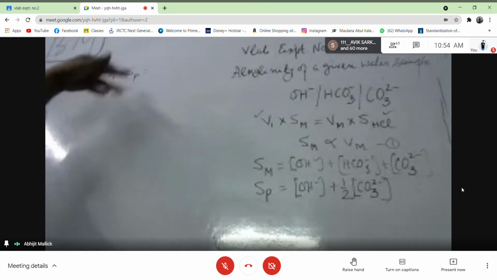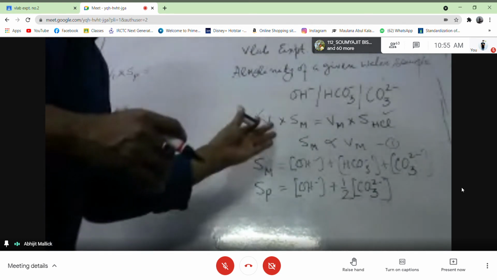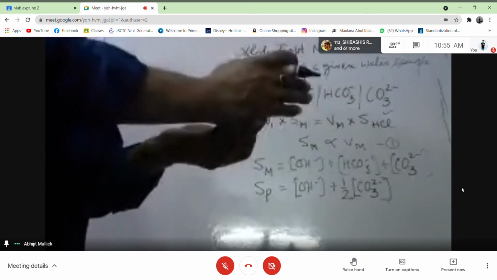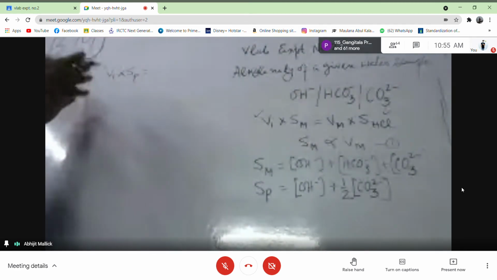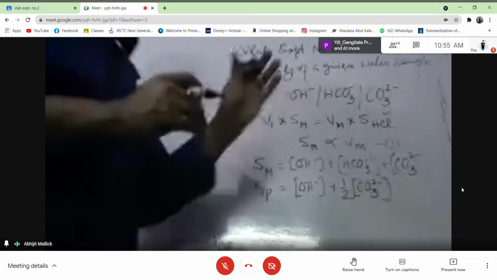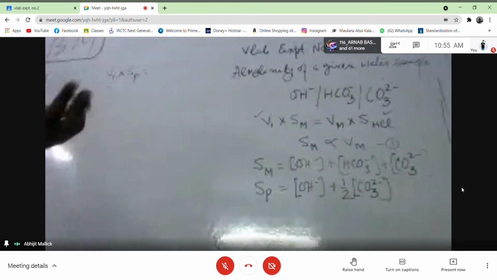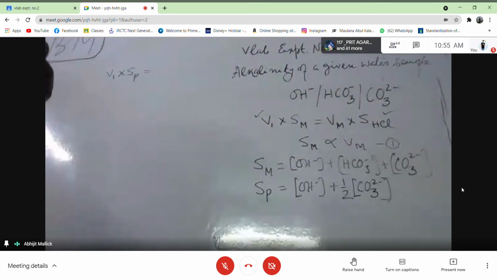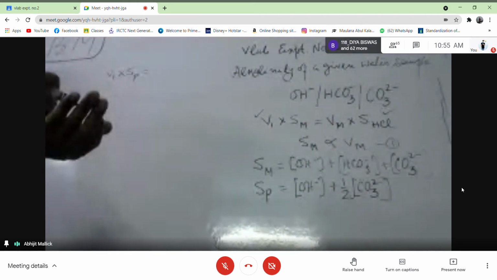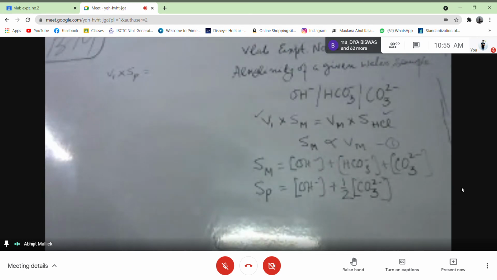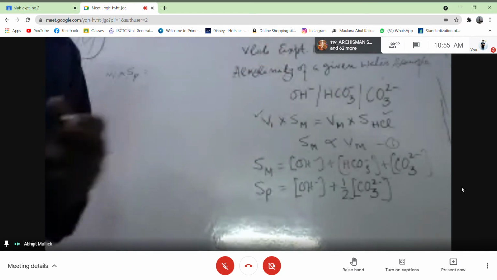So here in table 2, you will get pink to colorless, and here in table 3, you will get yellow to pink or red. So this is the color change for table 3, and this is the color change for table 2. And what is the color change for table 1? Table 1 and table 3 are the same. The color change will be yellow to pink or red, because in both table 3 and table 1 we are using methyl red.